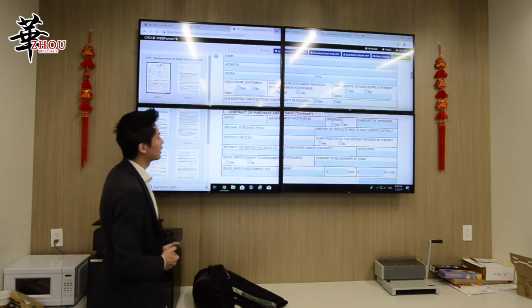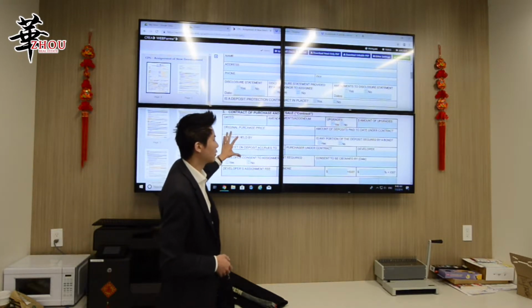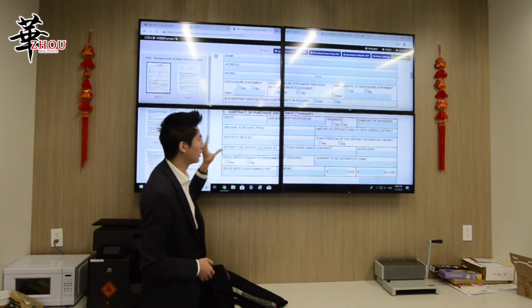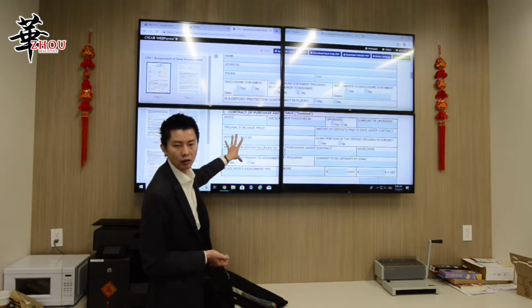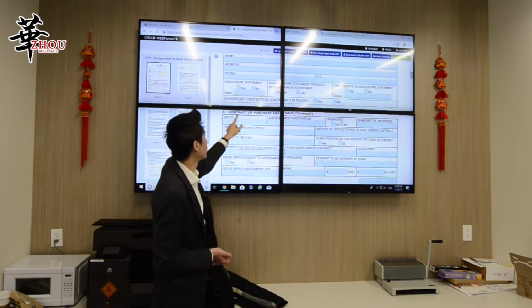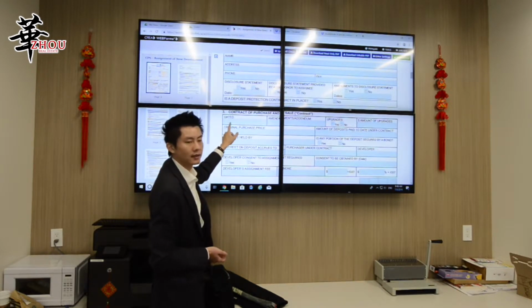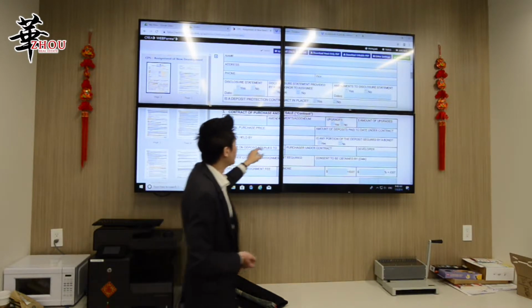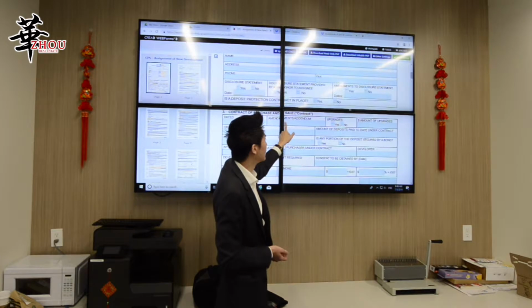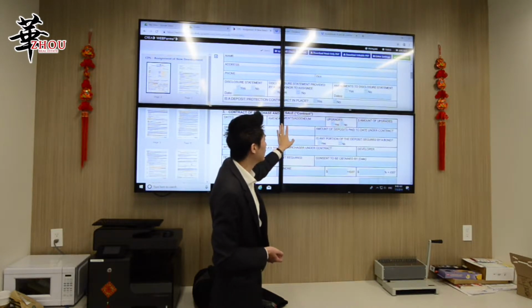Number 3, contract of purchase and sale. This is the part where you fill in your terms and price and everything. This is for the original contract, okay? Number 3 is for the original contract. The date: what is the date for your original contract? Amendment and addendum. This one you can leave empty.